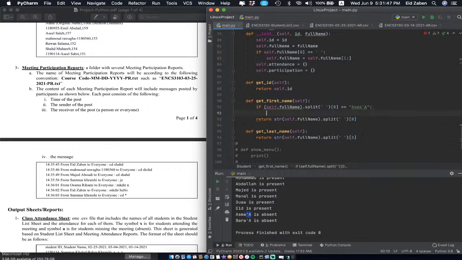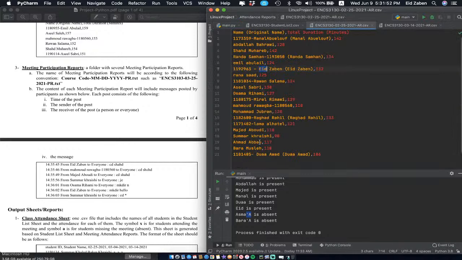If their name is equal to that, then I'm going to return the way that they tend to type it on Zoom instead. So she types it as,